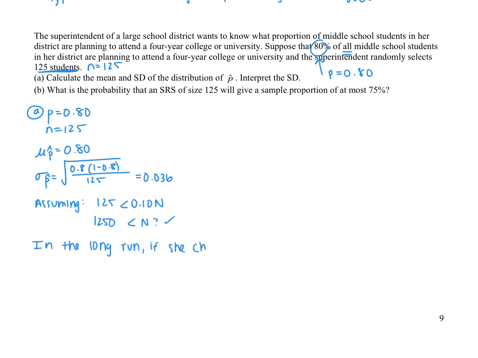if she chose many samples of 125 students, I'm going to pause here and go back to the question. We are looking at p hat, which is the proportion of something. So in this case, we are looking at the proportion of students that plan to attend a four-year college or university. So if she chose many samples of 125 students, the sample proportion